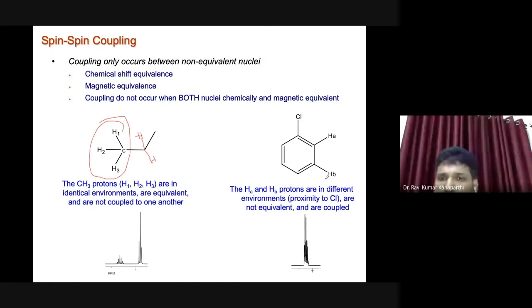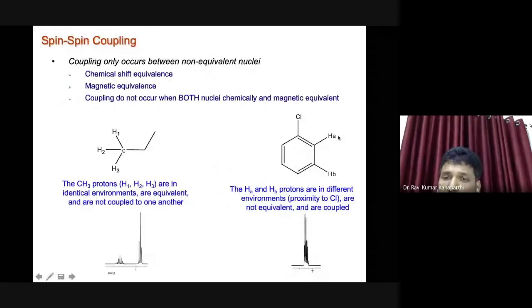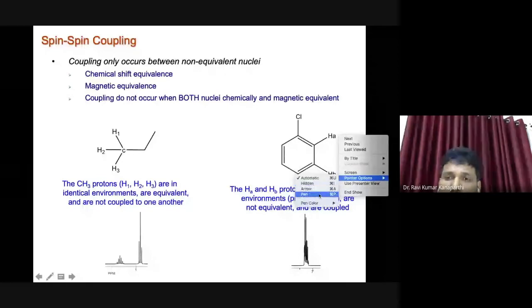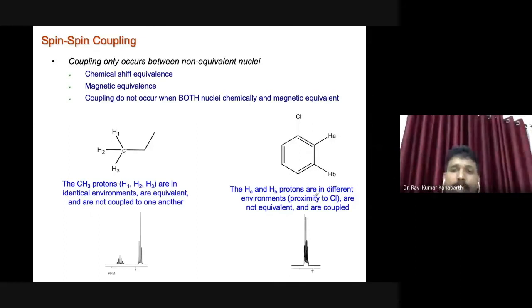Similarly, it seems that all are the same, a proton is a proton, right? But in principle, they resonate at different positions, and their chemical shift values will be different. If the chlorine atom is not there, then all are said to be identical. But when there is a chlorine, then the ortho, meta and para protons will resonate at different positions, and as a result, we get different peaks.